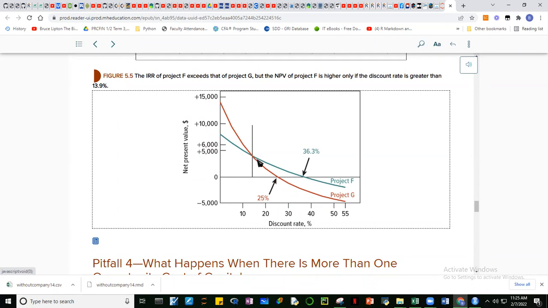Bakit? Kasi mas mataas yung NPV ni project G, yung brown one, versus the blue one. Okay? On the other hand, above this crossover point, pipiliin si project F. Kasi mas mataas yung NPV ni F vis-a-vis project G. And then, if the WACC is more than 36.3%, reject na pareho. Kasi beyond this, pareho na negative yung NPV nila. And from 25% to 36.3%, ang choice natin si project F, okay? And not project G because beyond 25%, guys, yung NPV ni project G negative na.